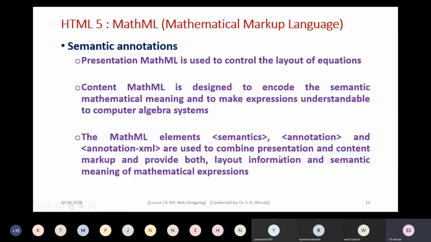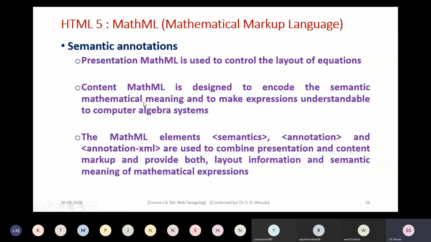That means in a MathML web page, first of all, we can put the presentation MathML, which is generally used to control the layout of the equations, the way you want to display it. That gets decided by the presentation ML. And then in content ML, with the help of the semantics annotation and annotation-xml, we can include semantic mathematical meanings so that it becomes understandable to computer algebra systems.